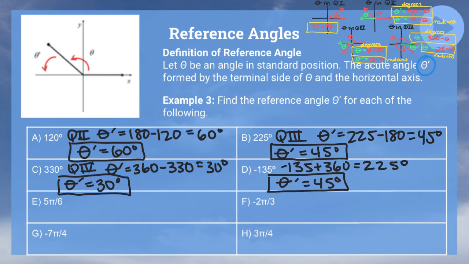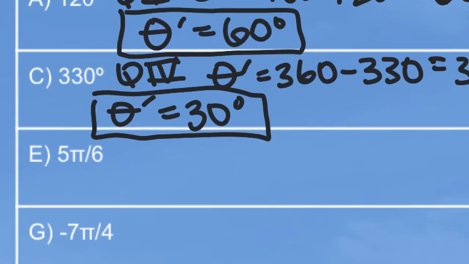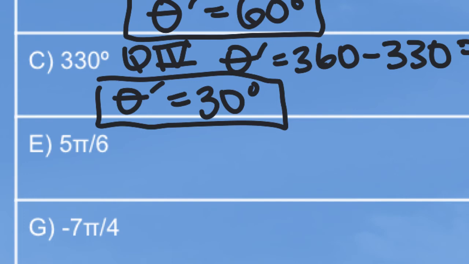Now that we are on question E, we are dealing with radians. So 5 pi over 6 radians, we would have to figure out what quadrant this lies in. And for some people, knowing which quadrant a radian lies in is something that could be quite difficult. So I would recommend that if that is difficult for you, a little trick is that you convert this to